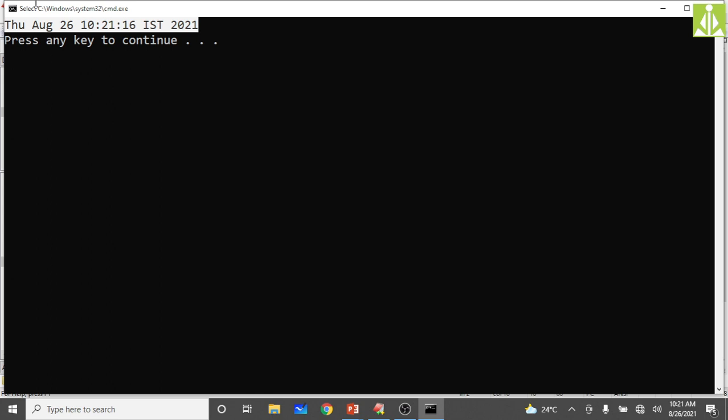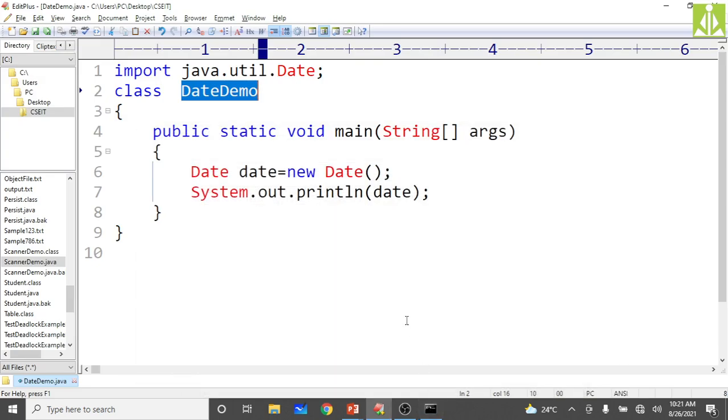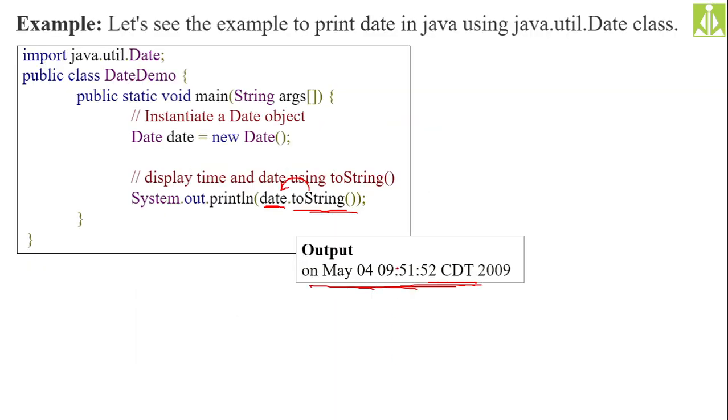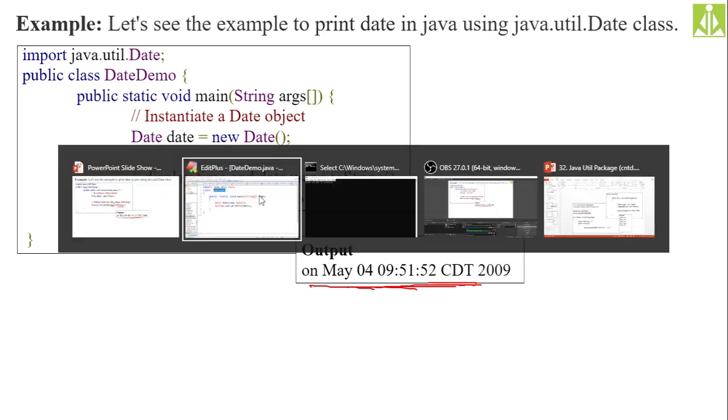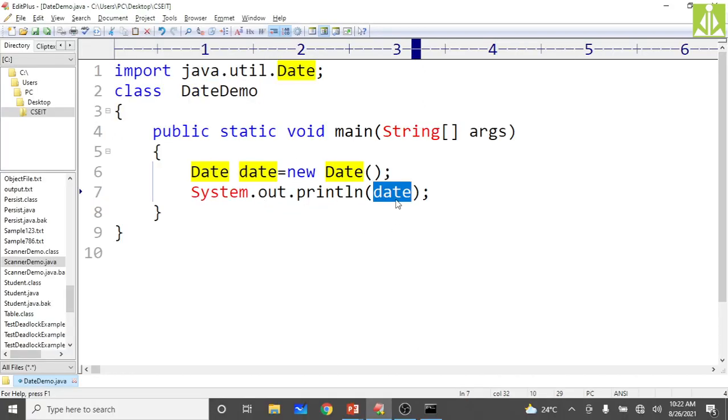The reason, as I said, many of the methods of the date class are deprecated. Deprecated in the sense that advanced features have been implemented, so their usage is completely obsolete now. Because of that reason, inside your textbook they said to use the toString method in order to convert this date class object into a regular string. But without that also, your Java environment is supporting the printing of this date class object directly, the way I have done over here. Directly I'm using the date class object and I'm printing without calling that toString method.